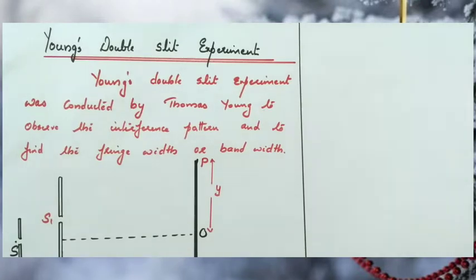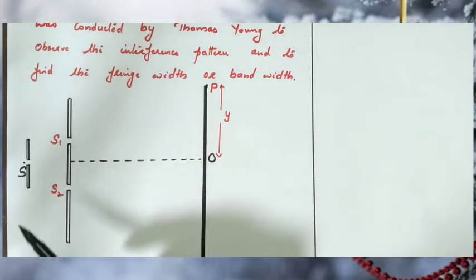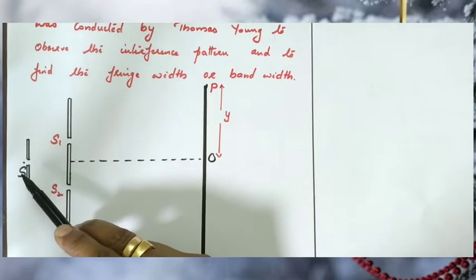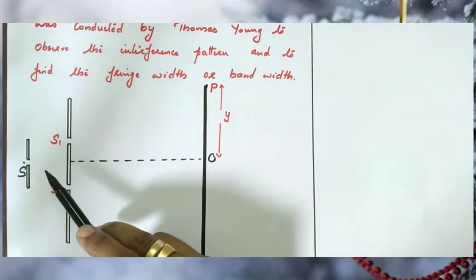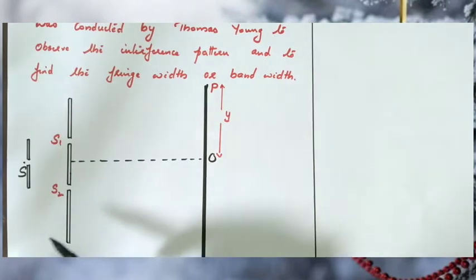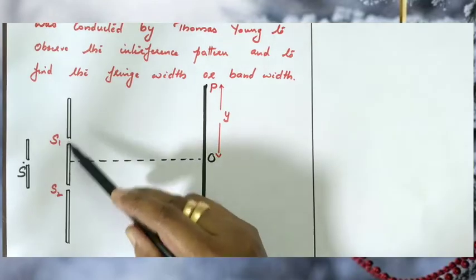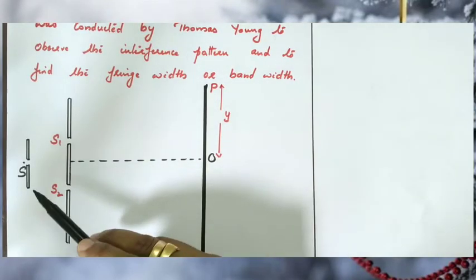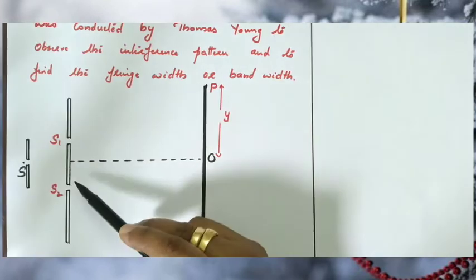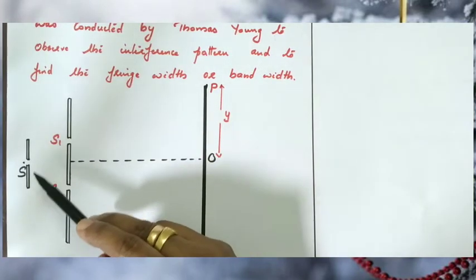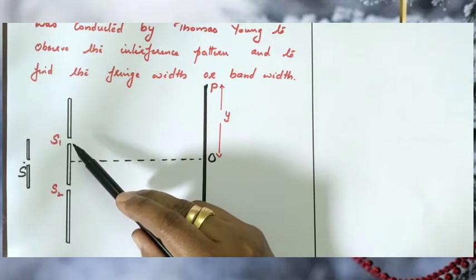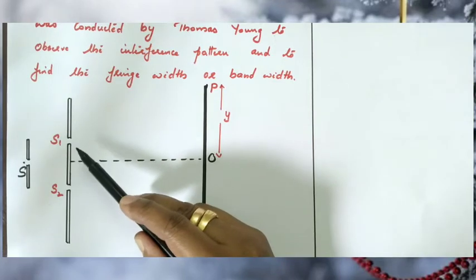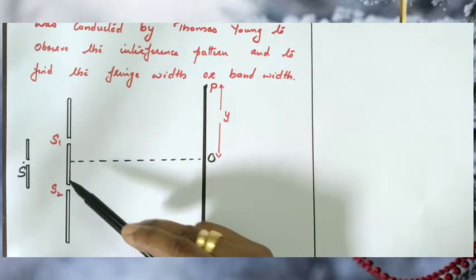The experimental arrangement consists of S. S represents the monochromatic source. In front of it a slit is placed so that the light can be collimated. It can be converted to a single beam. And two slits are placed. S1 and S2 are the two slits placed equidistant from the original source. These two slits act as coherent sources. Being derived from the original source, they produce light of the same wavelength, frequency, velocity, having constant phase difference, and hence S1 and S2 act as coherent sources.